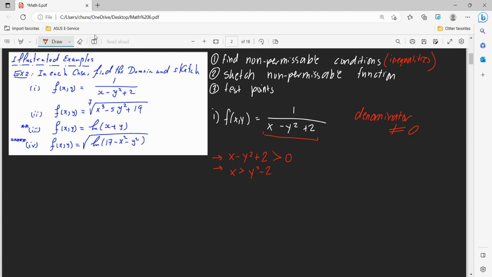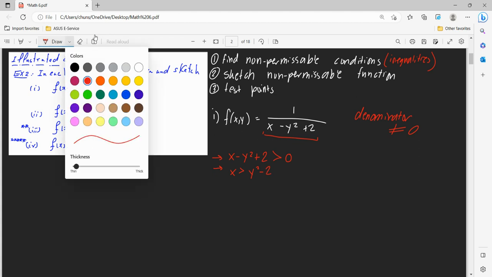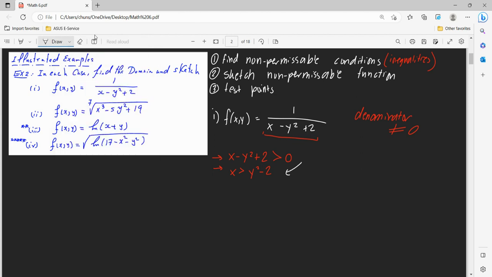And this looks like a parabola. And we've got a positive y squared equal to x, so this is a horizontal parabola, and it opens right. So if we draw this out,